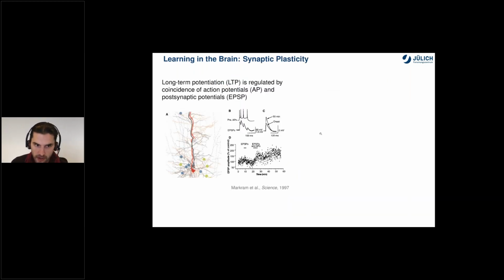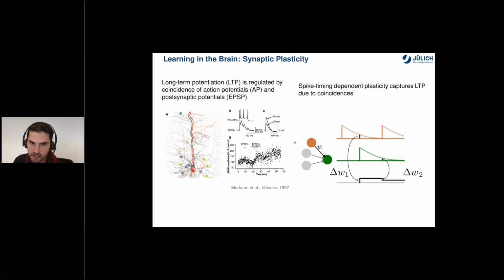So in the brain, I'll do a very quick one-minute primer on plasticity. Plasticity in the brain occurs when neurons tend to spike in coincidence. They increase their weights when the presynaptic and postsynaptic neurons fire one after another, and generally, but not always, they decrease in the other order. This can easily be captured by a certain rule called spike timing dependent plasticity, where the information of the timing when the spiking occurred is stored at the synapse of the neurons.